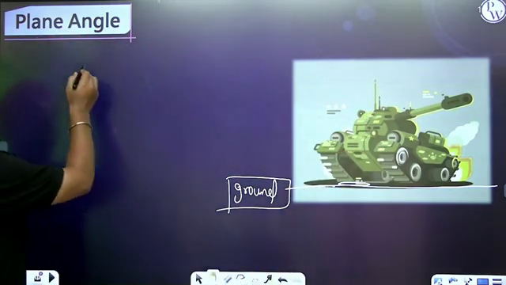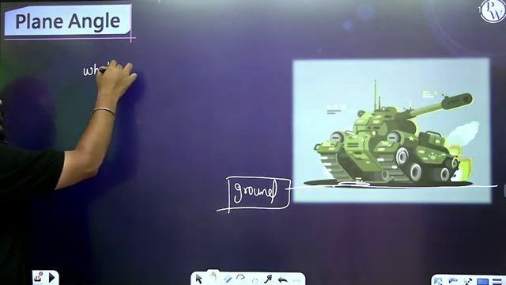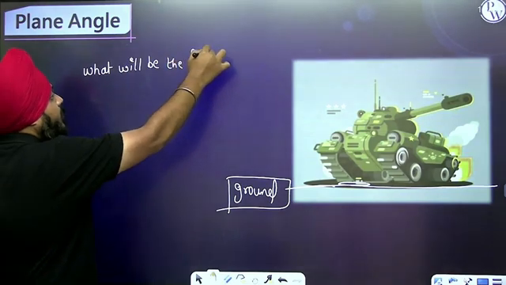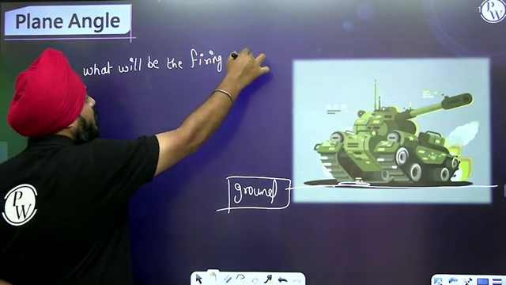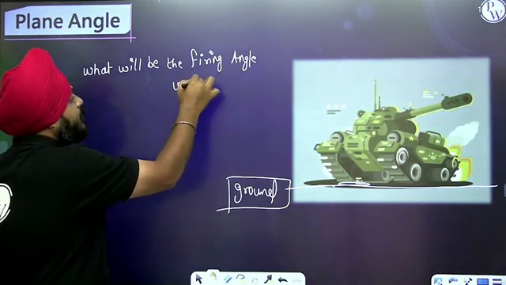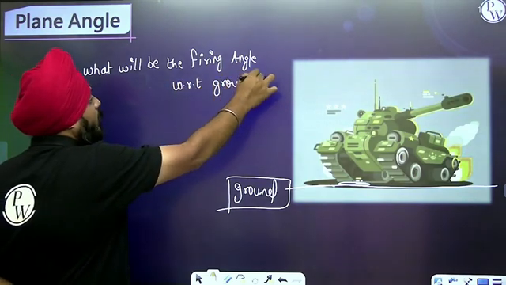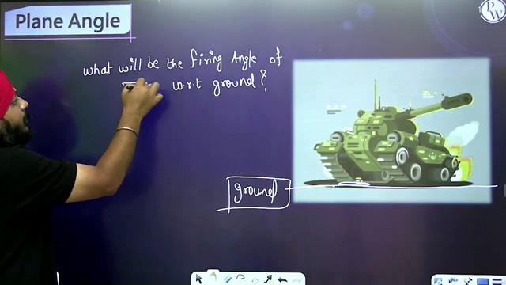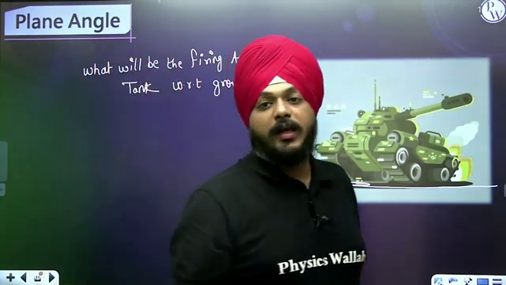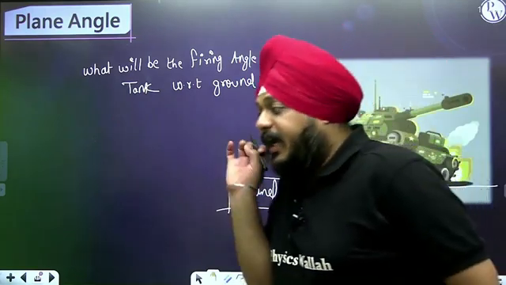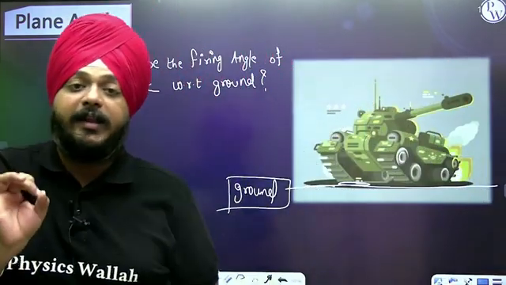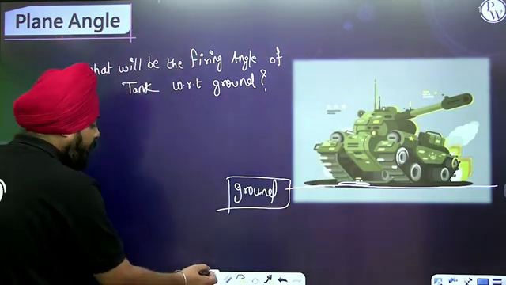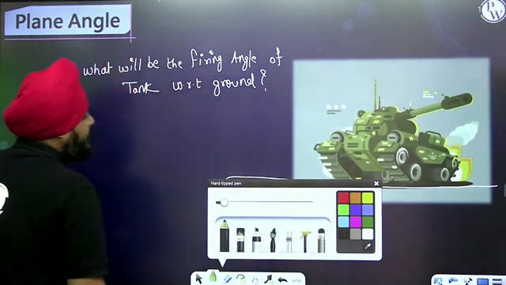So I want to write it: what will be the firing angle of a tank with respect to the ground? That will define the plane angle. Simply, if you want to define that, then I must say plane angle is nothing else but